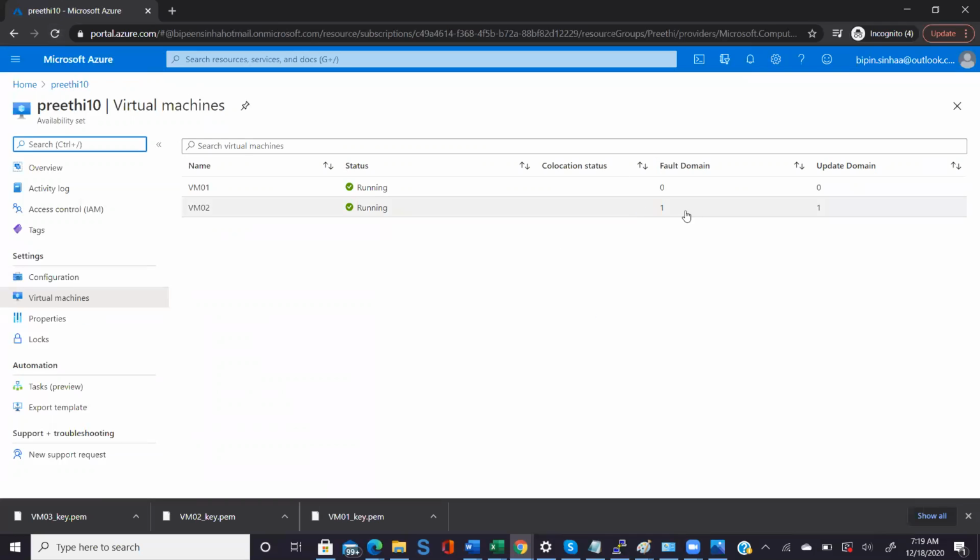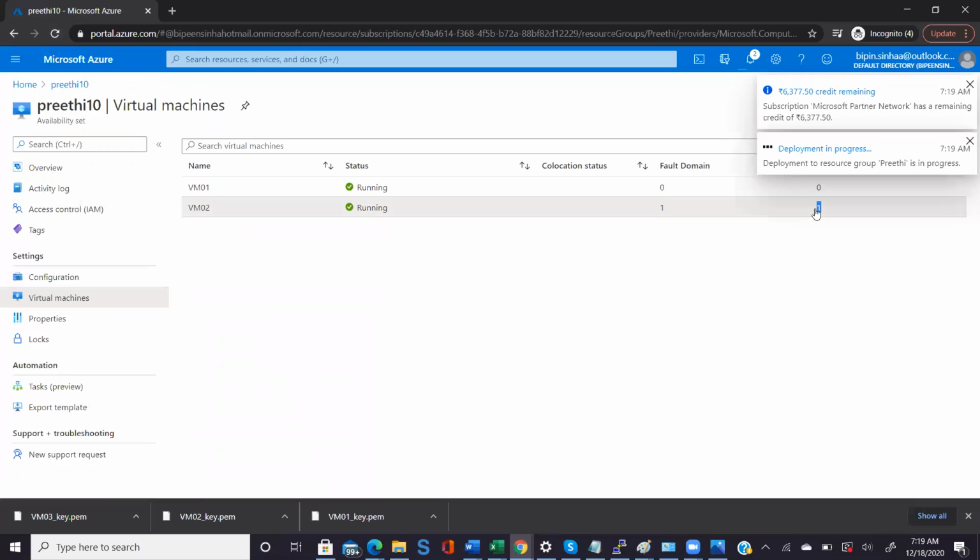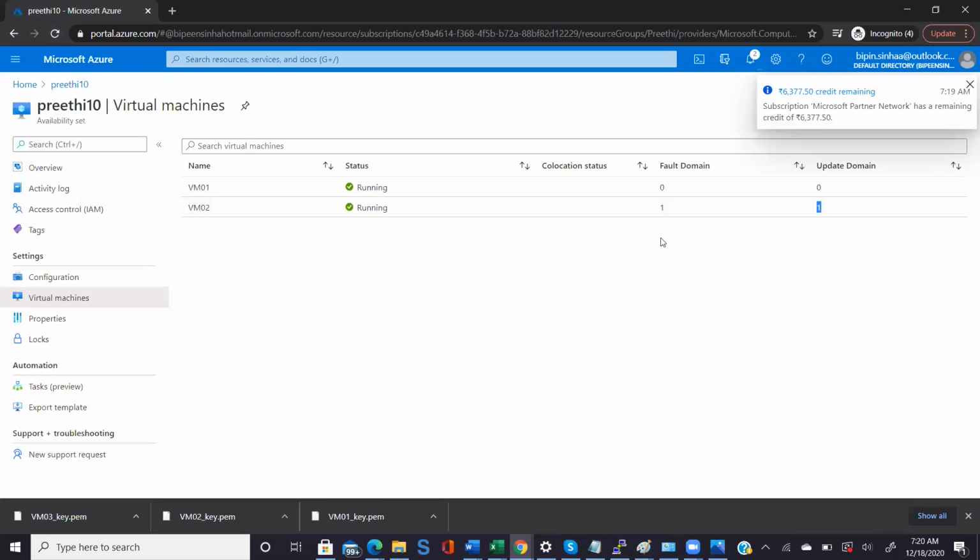Yes, it is coming now. The third one will come here as 0, the default domain 0, but the update domain can be 2. Correct. So this is how Microsoft is going to help you as a customer to have multiple copies of your server within the same data center. The third VM is running right now, but